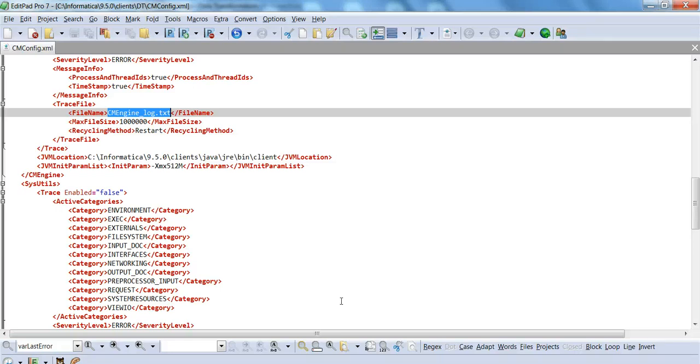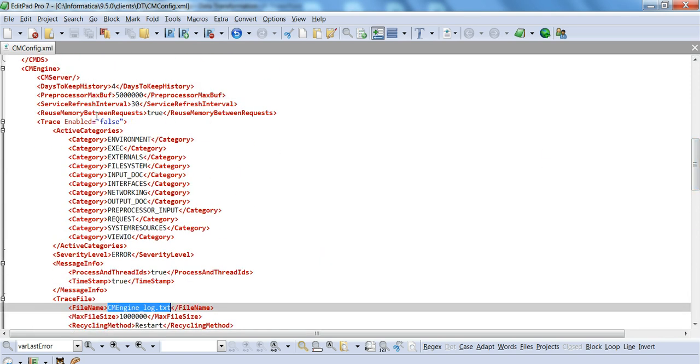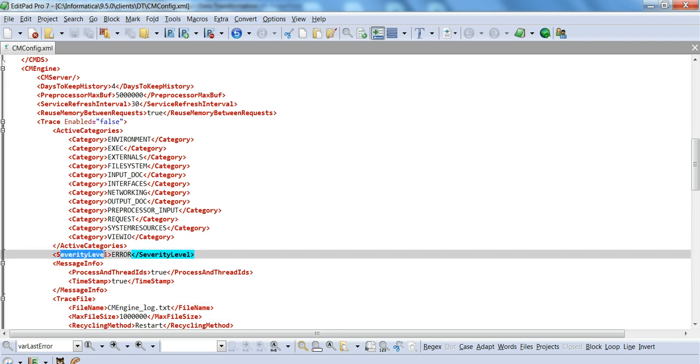Let's not go into detail on what exactly this represents because it will take a long time. For now, all that we need to know is in the cmconfig.xml file, you can find these trace files, or rather, you can find this trace enable. If you set this to true and set this severity level to either error, information, or debug, and then you can set this file name, you can give a complete path to a file name, and this will help capture all the